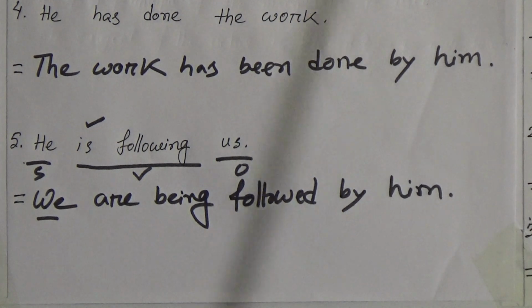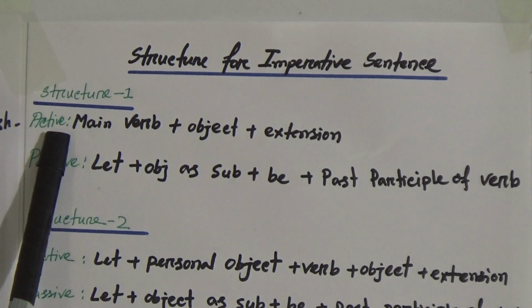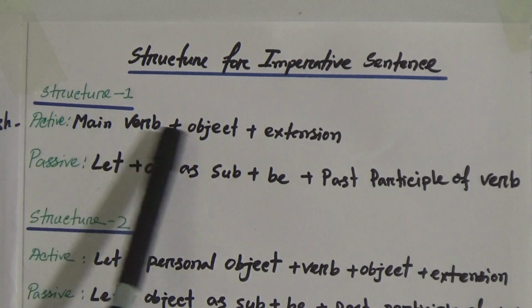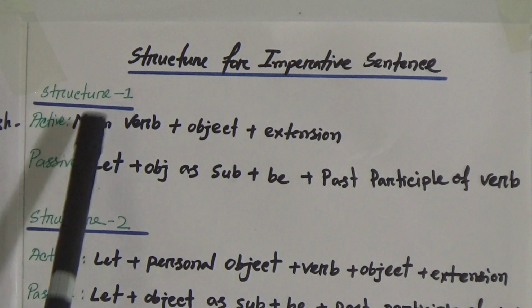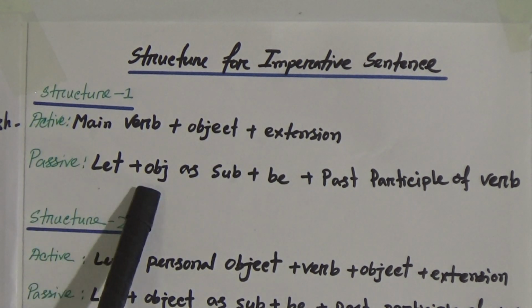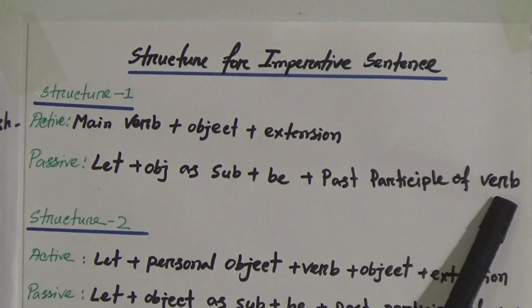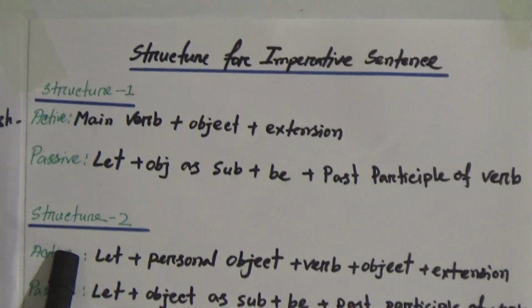Now we will see the structure for imperative sentence. If we want to convert imperative sentence into passive voice, what will you do? There are 2 structures. In active voice, main verb plus object plus extension. If we find this kind of sentence, we will use let plus object as subject plus be plus past participle of the verb. And in structure number 2,